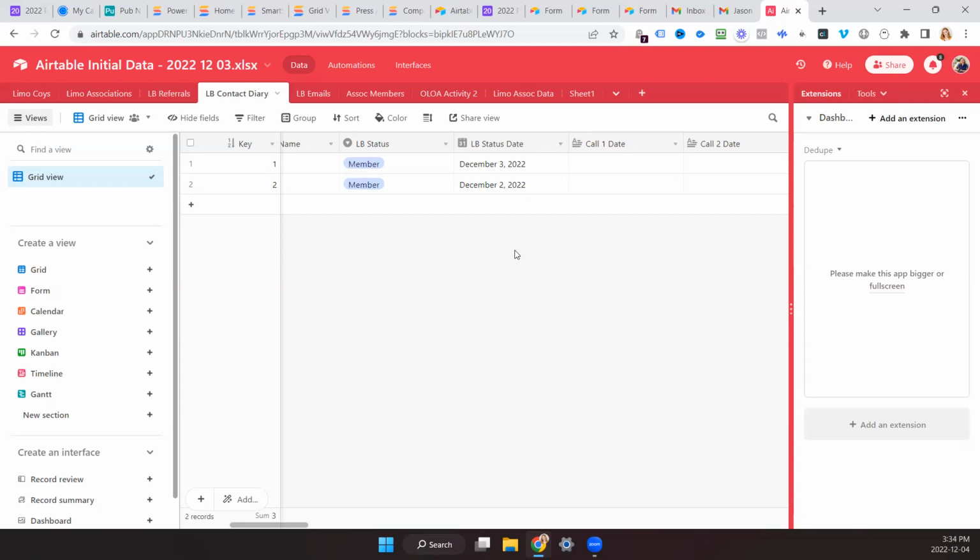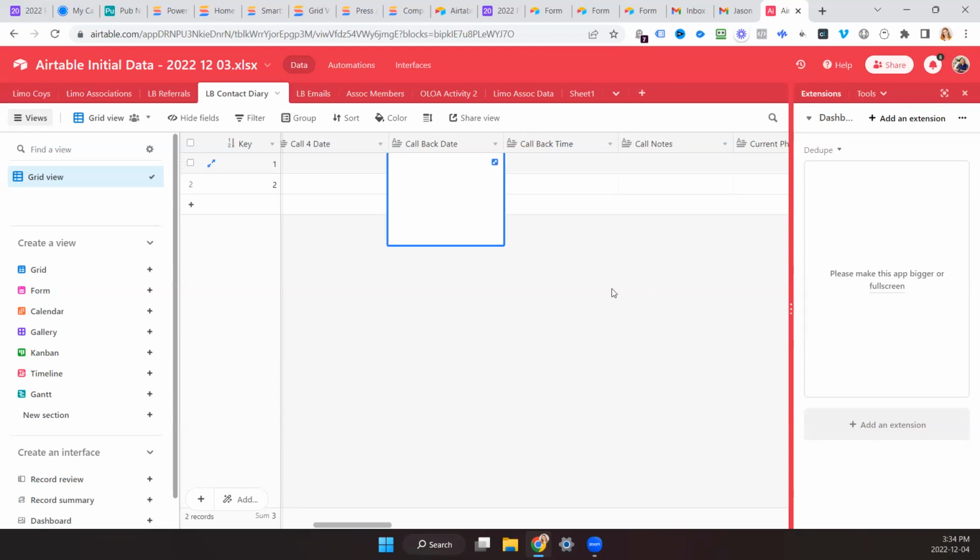And then the call dates would be the date that I actually phone them. And then I got a field where I can set the callback date and callback time. After I created the template, you can put those all into one field. How do I get a reminder when that date and time comes? So if I put in there Monday at 9 a.m., how would I get a reminder that tells me to call them?